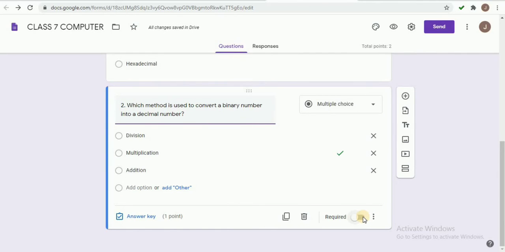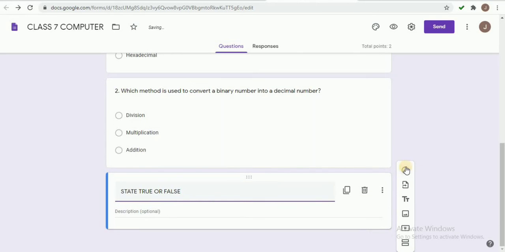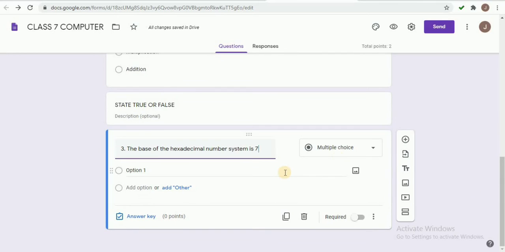Then next I am adding the title state true or false, and I am adding my first true or false question. Question 3: the base of hexadecimal number system is 7.